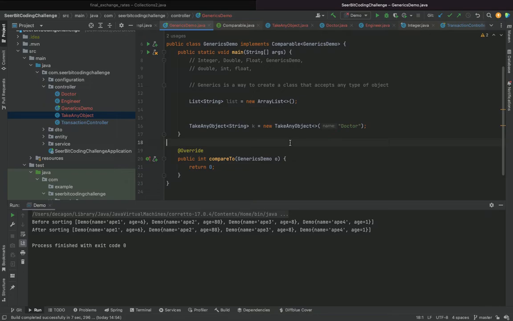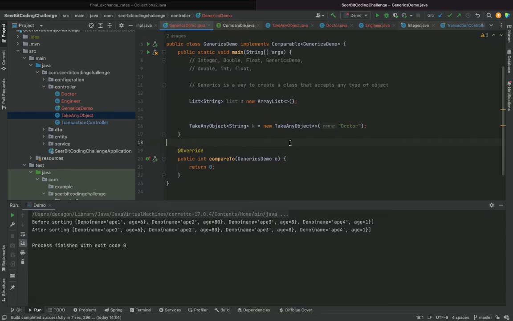So the other thing which we didn't cover in our lesson is array. Array basically behaves in a similar manner as array list, but there's a slight difference. It's much.